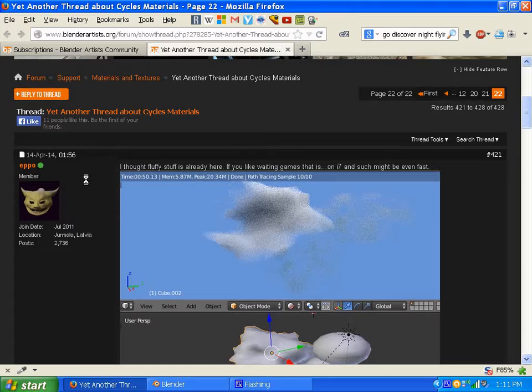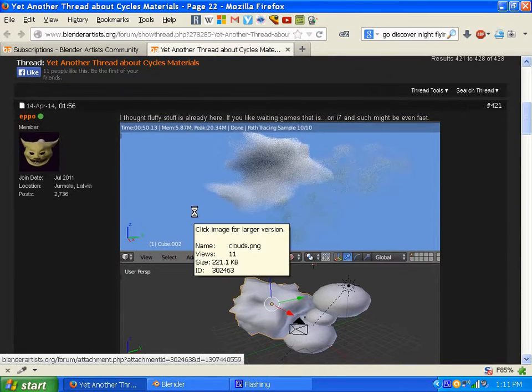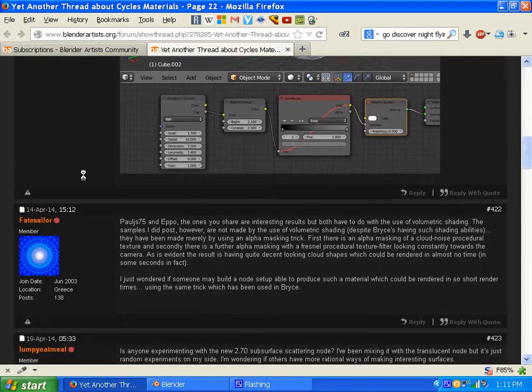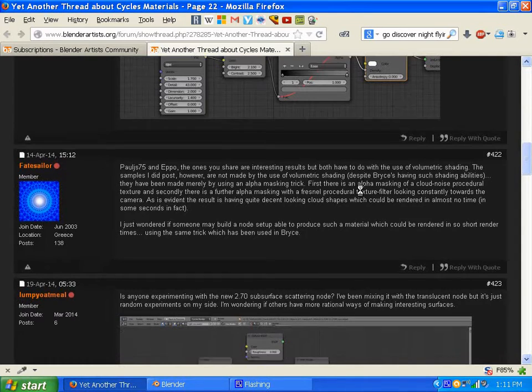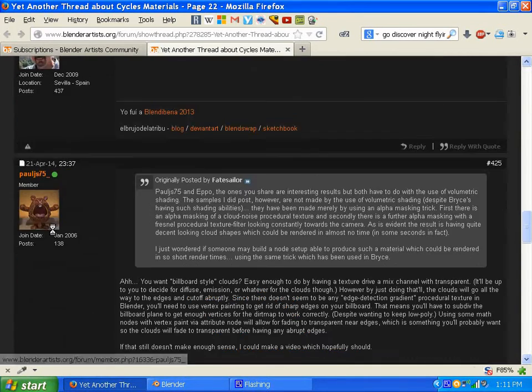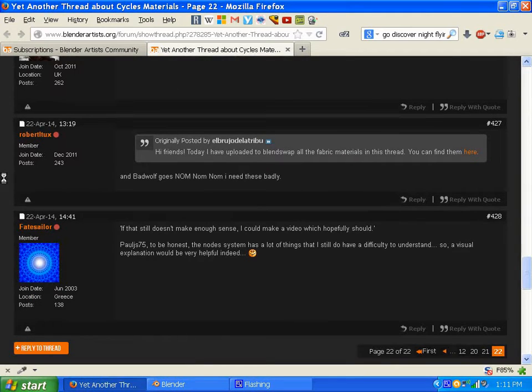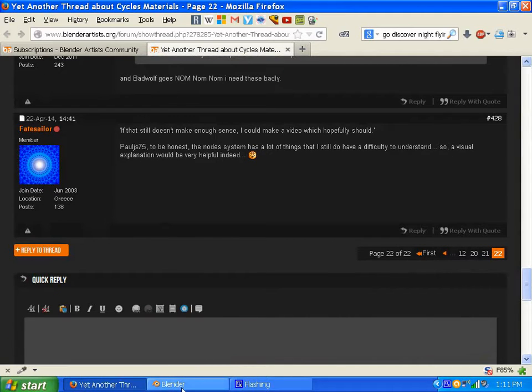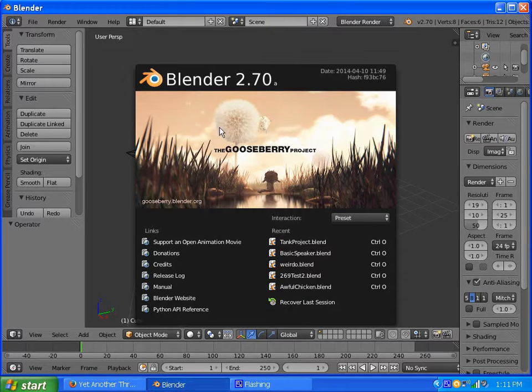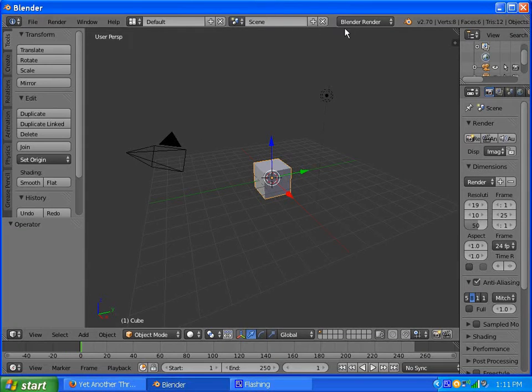Let's see, Blender still needs some voxels to really make those work well, but you can kind of get some neat stuff going on with it. But what Fate Sailor was asking for wasn't volumetrics, but pretty much an alpha map. So that would be billboard or plop renders, I guess. I don't know. Or splats. Splats is the word, not plop. But it's an idea for a simple cloud, so I'll go into Blender and let's see, we want to switch